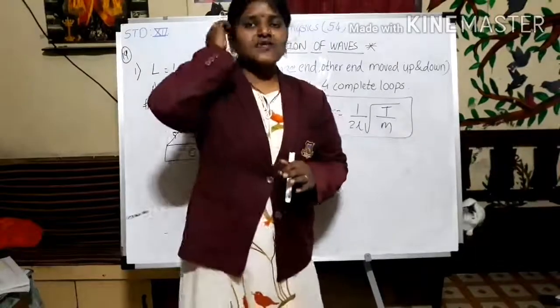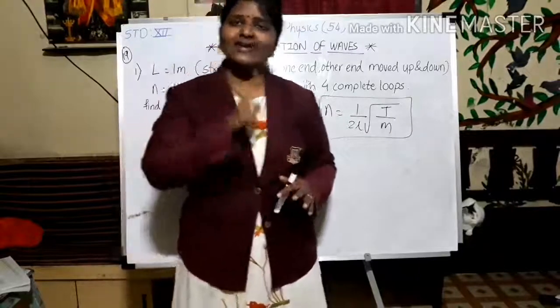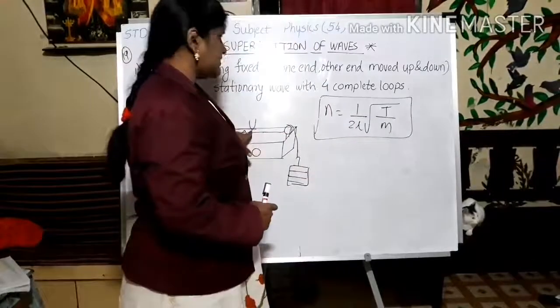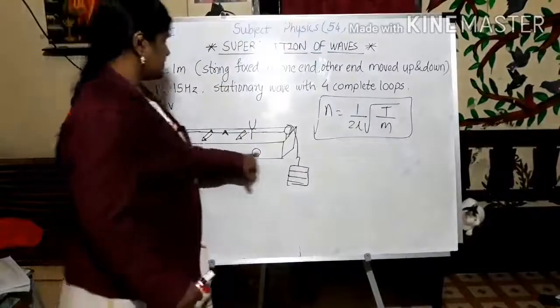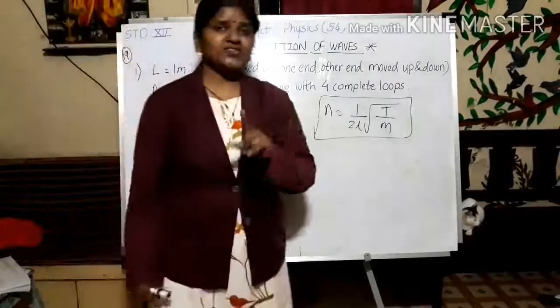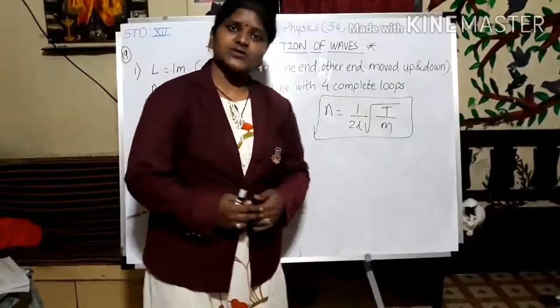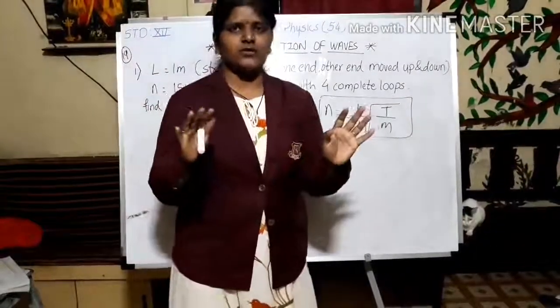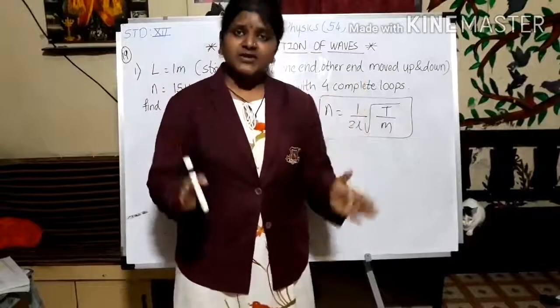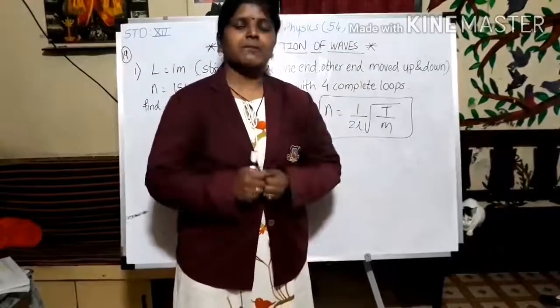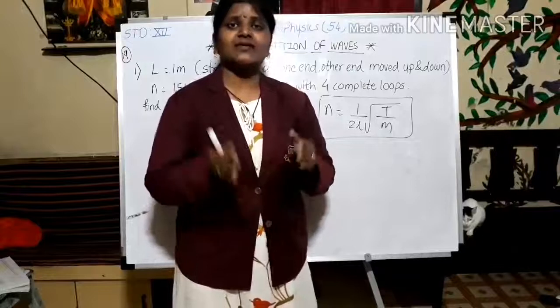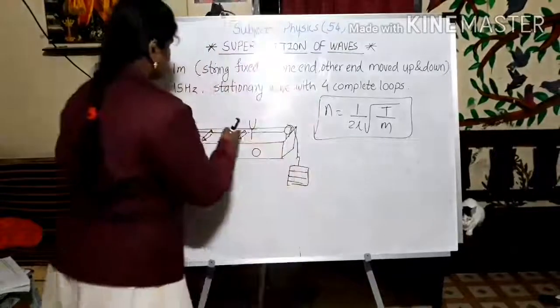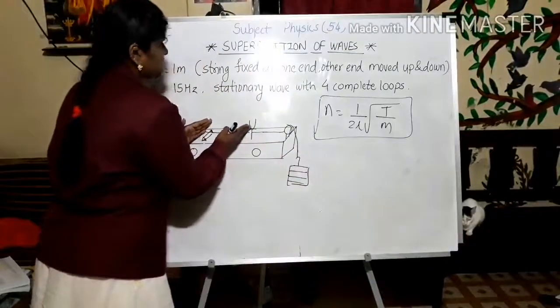Why? Because it will fly off only when the artificial frequency and the natural frequency inside it match with each other, and it creates resonance, and this will create maximum vibration and it will fall. So that particular length at which the paper rider falls off is nothing but the resonating length, and that length is measured between these two bridges.